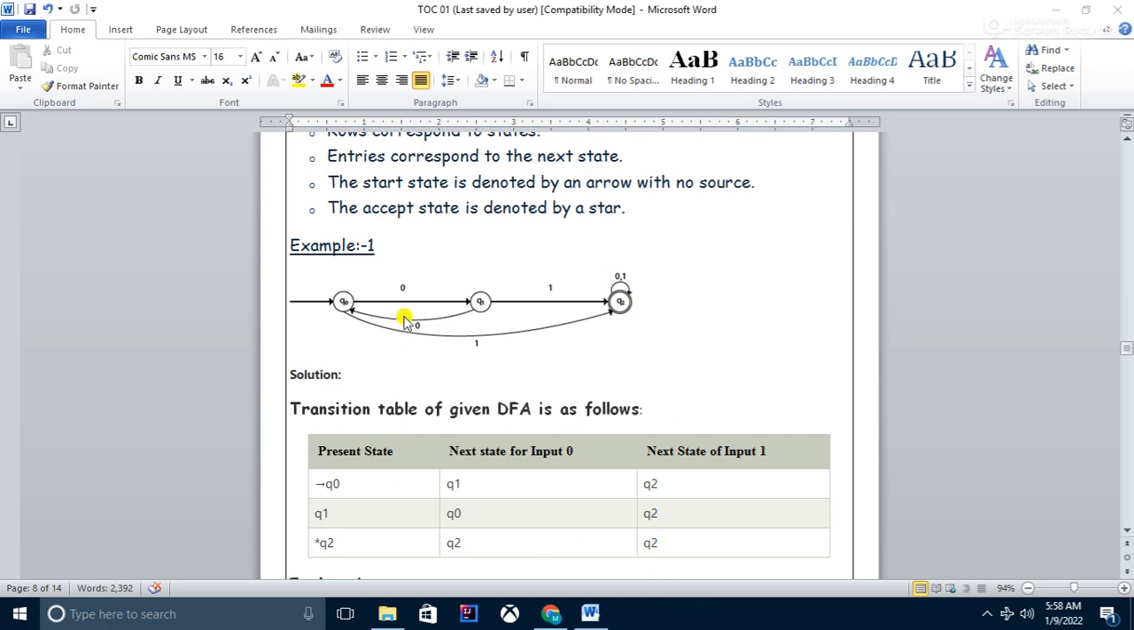The number of columns depends on the input symbols, the combination of characters like 0 and 1, and the rows indicate the number of states. Here there are 3 states, Q0, Q1 and Q2, so 3 rows are there, and the input is either 0 or 1. That's why the columns are present state, next state on input 0, and next state on input 1. In this way we draw the transition table based on